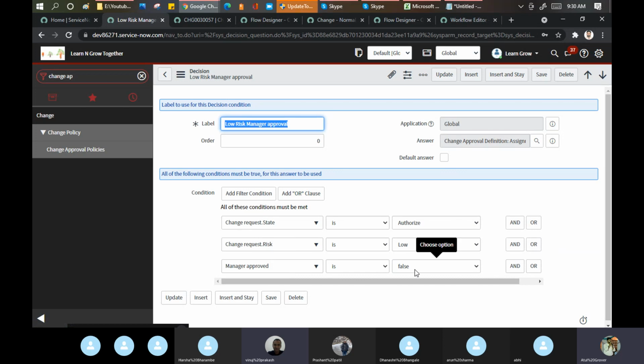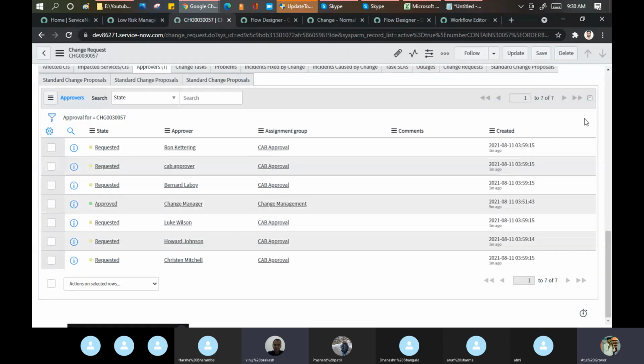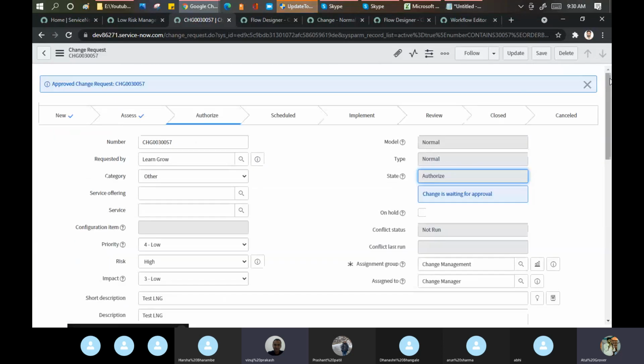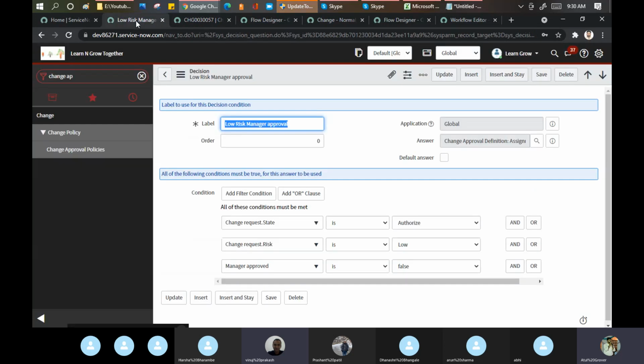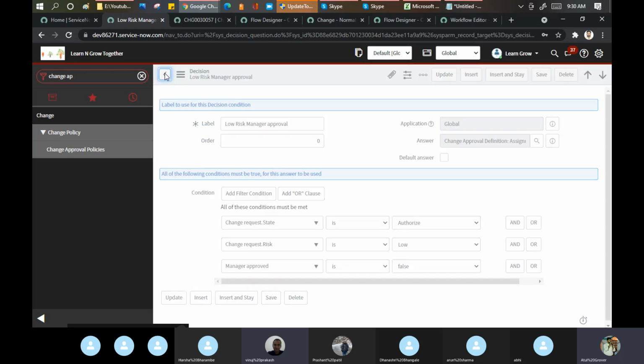It means if I am a change manager, I did not approve and my risk is low, then I should go for the approval. But here, what is the risk value I have? I have a high risk value. So it did not match my condition and it skipped that decision approval.